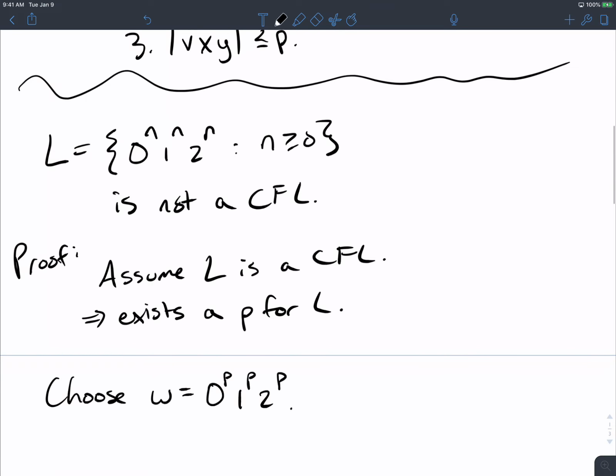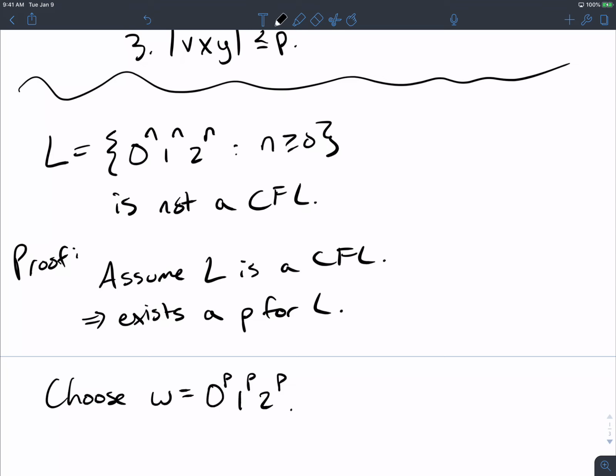Well, let's look at our string again. Could it be that those 3 parts are entirely in the zeros? Yeah, there's no specification on the first and the fifth part, the U and the Z here. Only the middle 3 pieces have the length requirement. So it could be that those 3 are entirely in the zeros, or they're entirely in the ones. Is that possible? Yeah, there's, again, no specification on U or Z. Could it be entirely in the 2s?